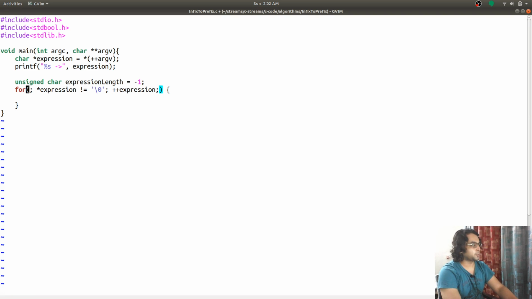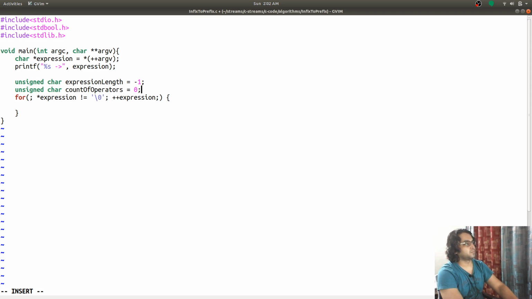And we also have to get the count of operators that we are going to use, to create a stack that is going to store all the operators for us. So let's start with that.